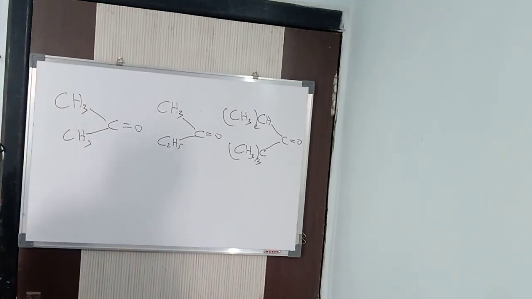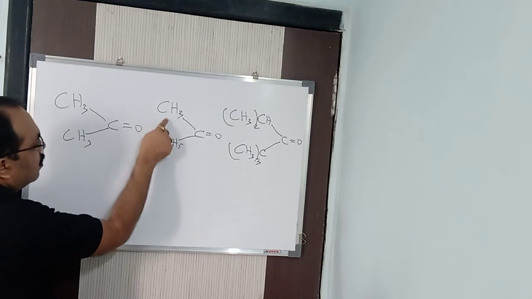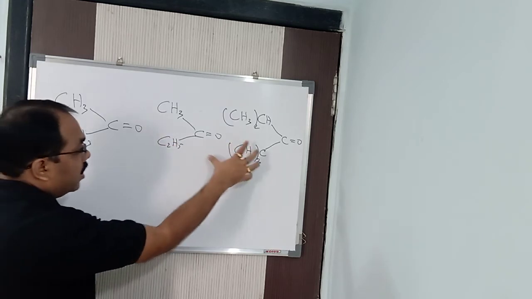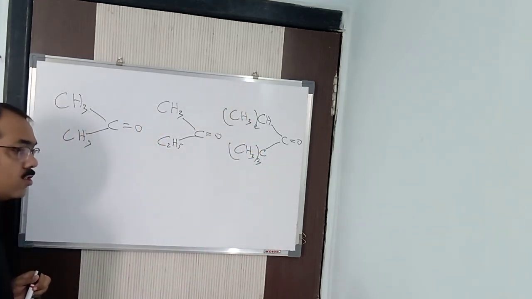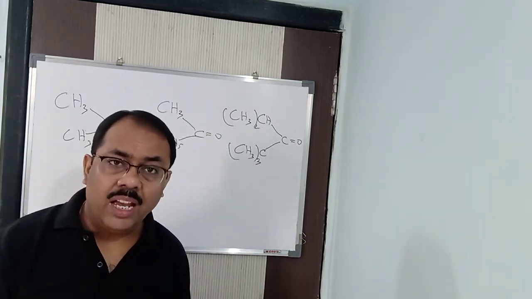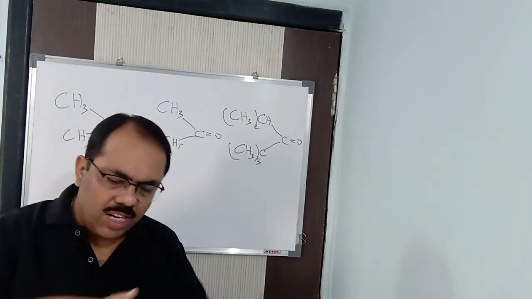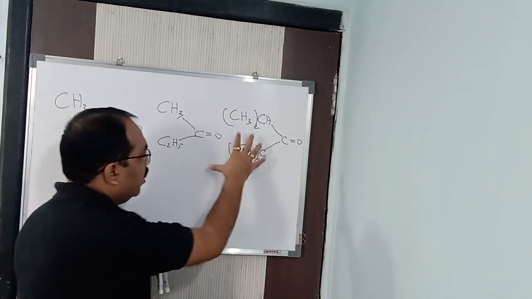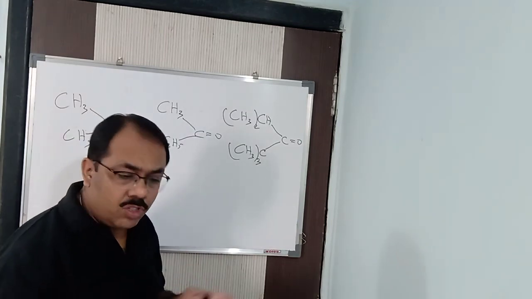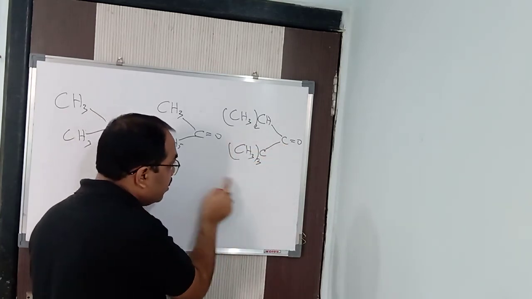Now what we find is that moving in this particular order, you can see CH3, CH3, then C2H5, this group becomes a bulky group. Here it becomes still bulkier, a bigger group. So a bigger group will not allow the nucleophile to readily attack this carbonyl carbon, because it has an electron cloud of itself. The nucleophile is also negatively charged, so it will not be allowed to come closer to that carbon atom.